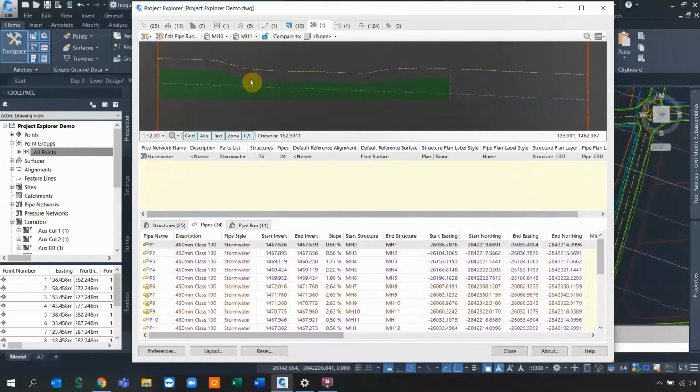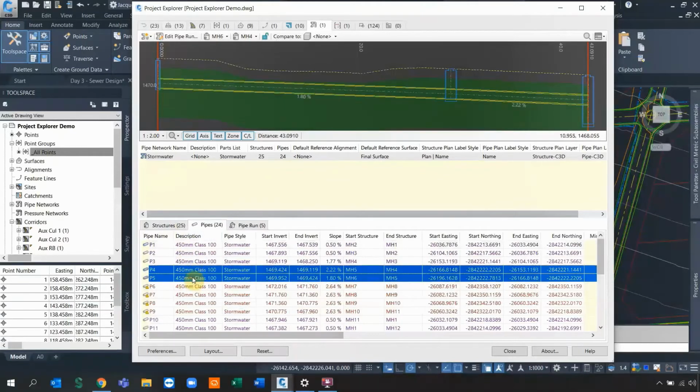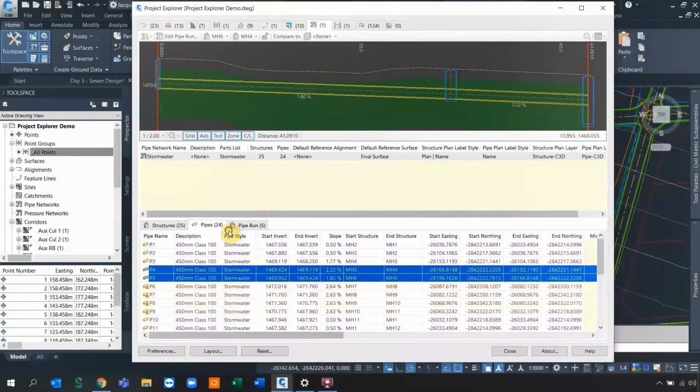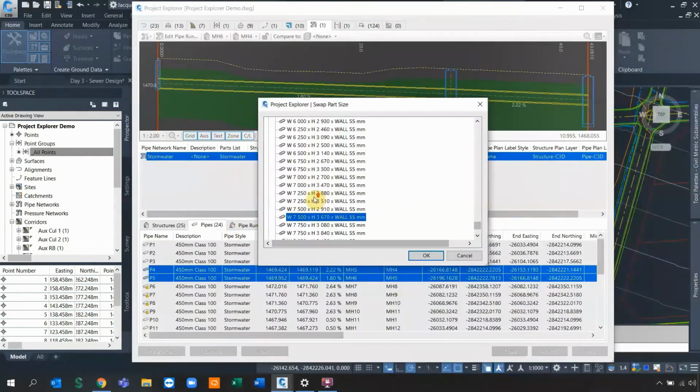So if I, for example, want to make it, let's make it a little tinier so everybody can see the changes. I change it to manual 4. I want to go and swap pipe 4 and pipe 5. And if I right click, there's an option where I can say swap parts. Hallelujah. So I say swap parts, and it will actually swap those parts to whatever pipe system I've got inside